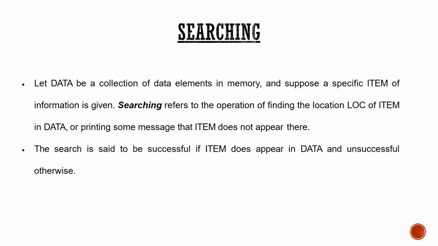Next, searching. So searching is nothing but finding a key element in the array. Finding the key element in the array, we call it the search operation on the array. In this case, data is the collection of elements in the memory, and in specific, I want to search the item. The item is from the array data, which is there at the location LOC over there. Assume there are 5 elements in the list. So what is the number of comparisons I need to make? 5 plus 1, 6 will be my worst case comparisons over there.